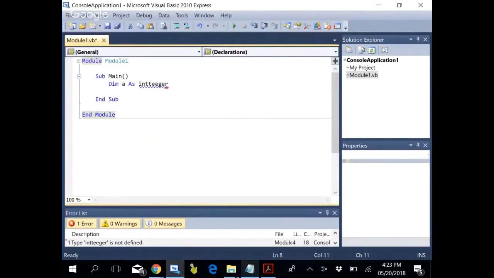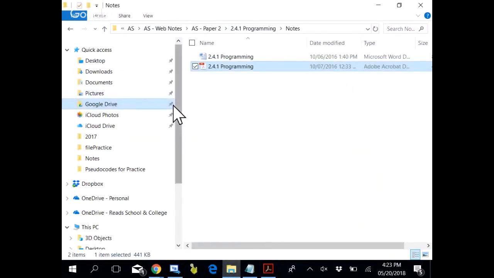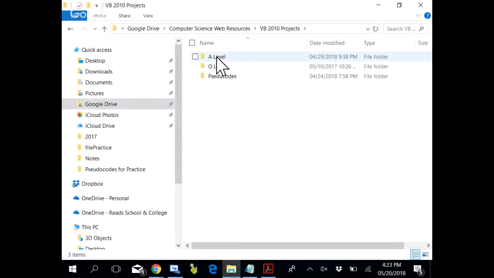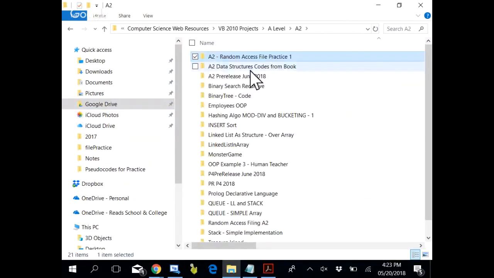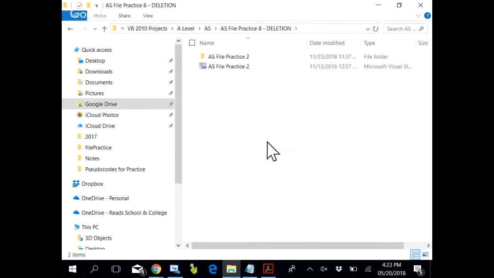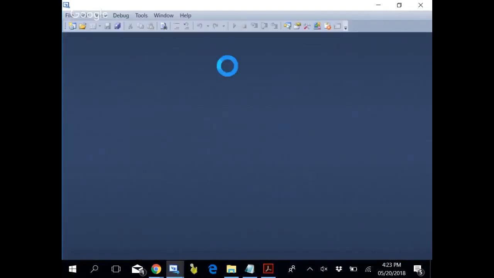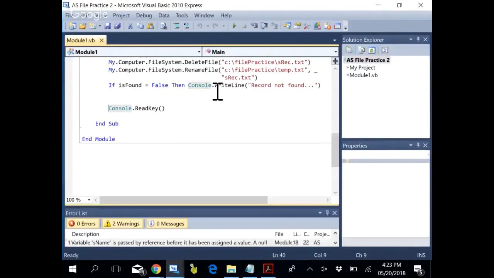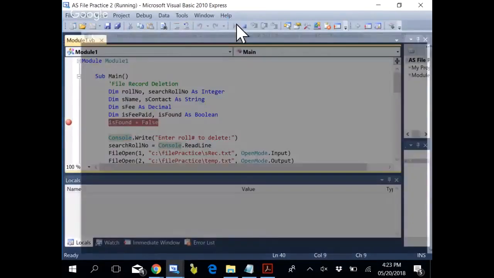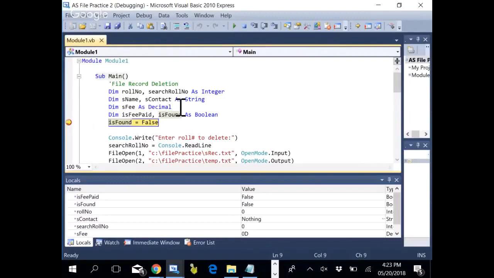Let's discuss this context sensitive prompt. So these are context sensitive prompts as well.